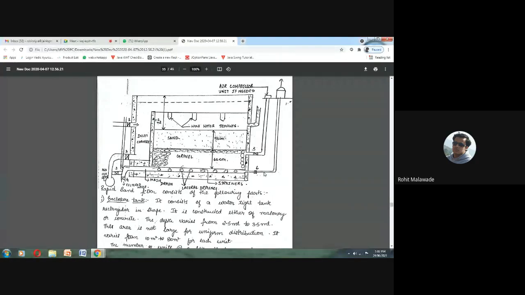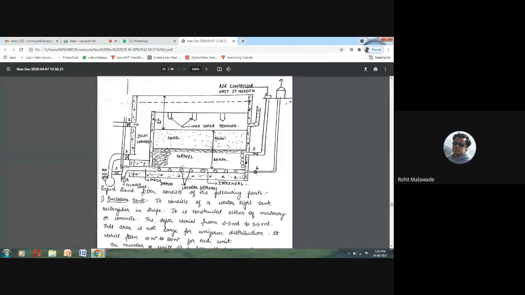See, logically, the diagram is there in front of you. You need to explain it by looking at the diagram. Valve 6, right? Water will enter. It will come like this. Valve 1 should be kept closed. Valve 2 should be kept open so that the water is received through these gutters, right?